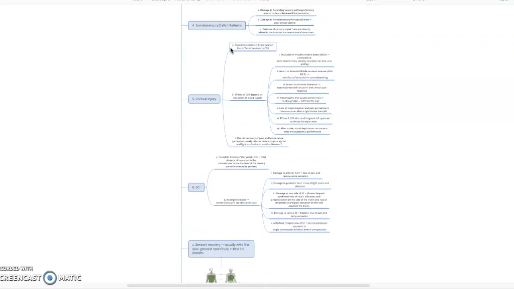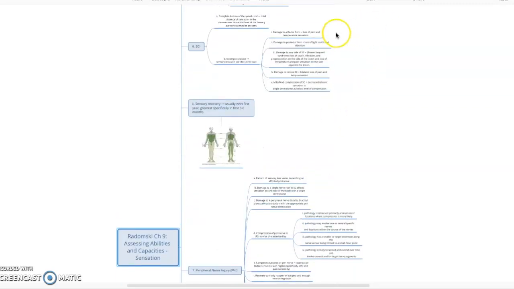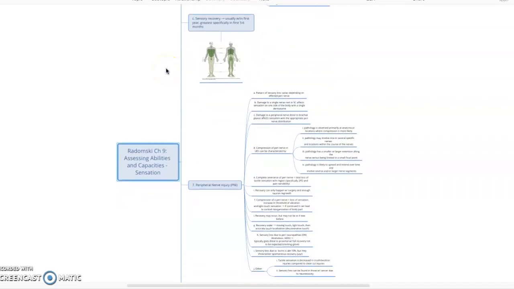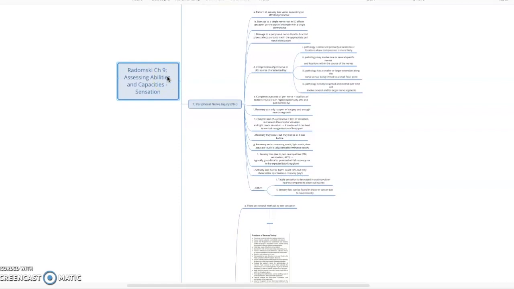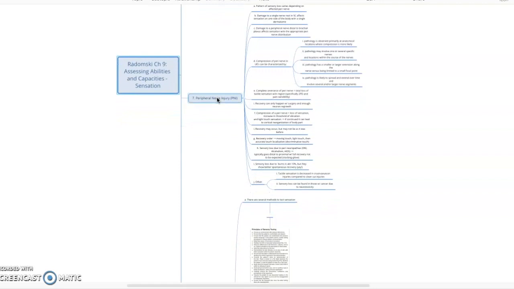on the MBCOT. Somatosensory deficit patterns, cortical injuries and what those include, spinal cord injuries. And then this is a nice little cheat sheet to different injuries. Very helpful. Sensory recovery, and then peripheral nerve injury, which is very common. And I'm actually doing a level 2 in hand therapy, so I will definitely be going back to this, not just for boards, but also for fieldwork as well, because I can't keep all of this in my head all the time, and I really need to get it down before I go to fieldwork,